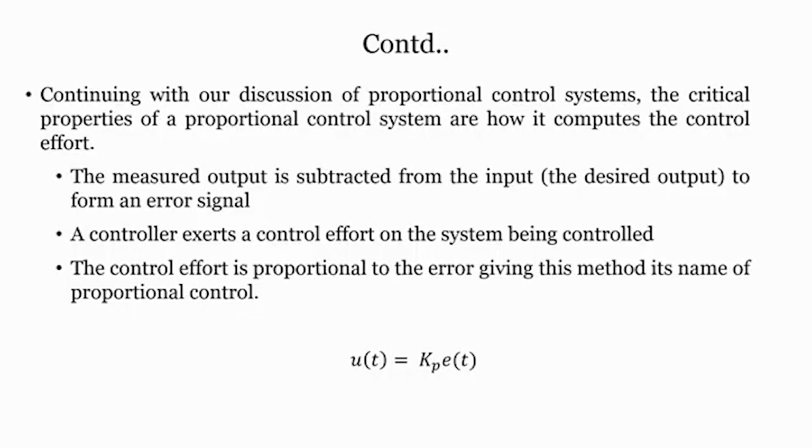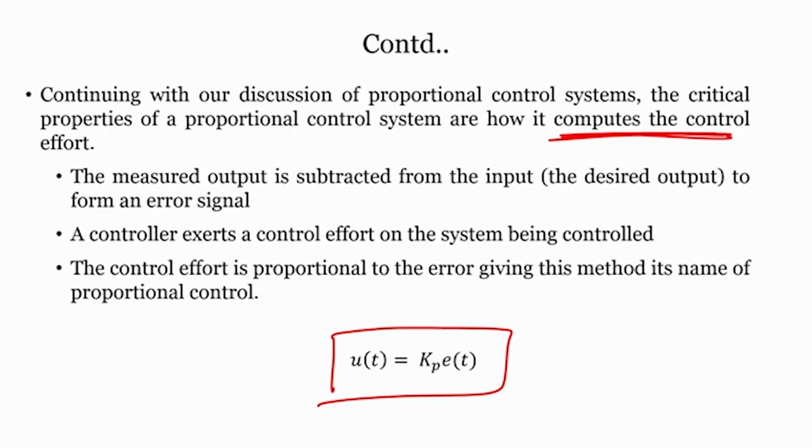So, continuing with our discussion of the proportional control system, the critical property of a proportional system is how it computes the control effort. That is a very important parameter. The measured output is subtracted from the input to form an error signal, and the controller exerts a control effort on the system being controlled. The control effort is proportional to the error given, and that is why this method is called a proportional controller, right. So, the equation is u(t) equals Kp into e(t), where Kp is the proportionality sensitivity or gain,